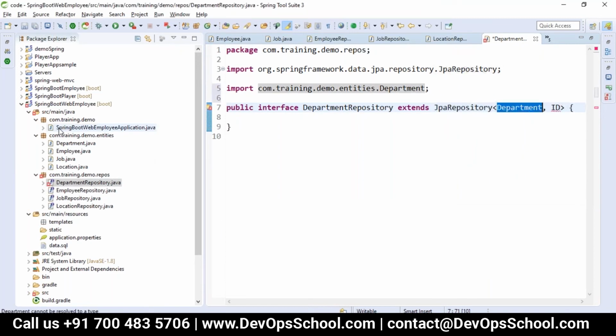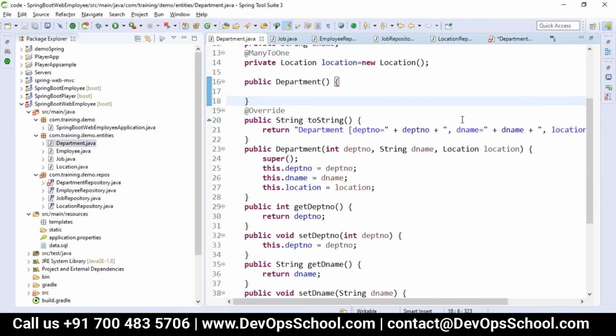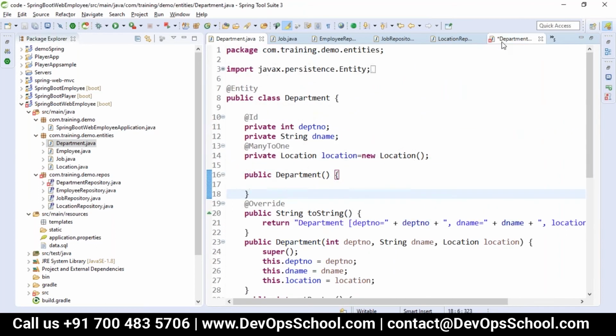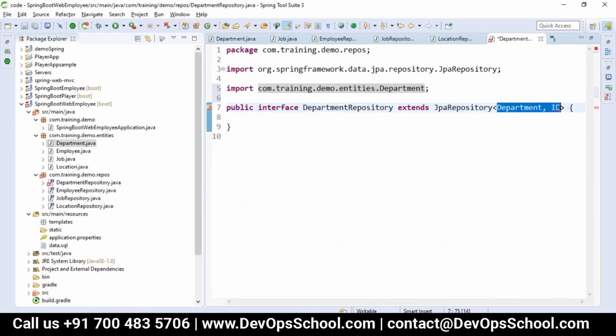Just importing the department, and in the department the primary key data type is ID, which is integer only. So all my repositories are available now.